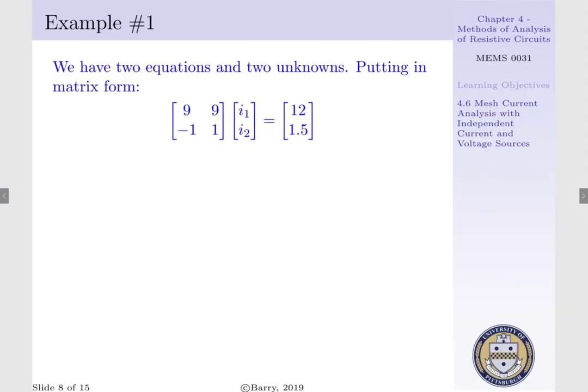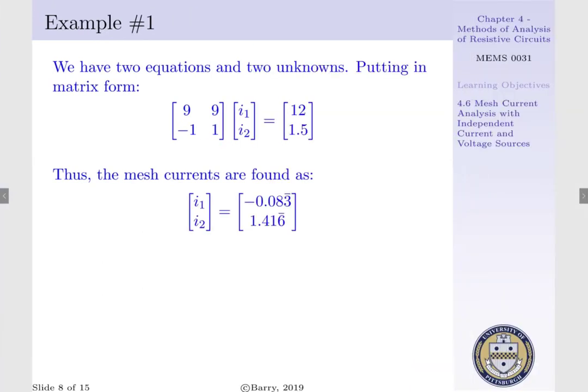We have 9I1 plus 9I2 is equal to 12. This is from the construction of our 2 KVL equations. We also have minus 1I1 plus 1I2 is equal to 1.5 from our current source equation. Thus, our mesh currents are found by taking the inverse of our coefficient matrix, multiplying it by our right-hand side,